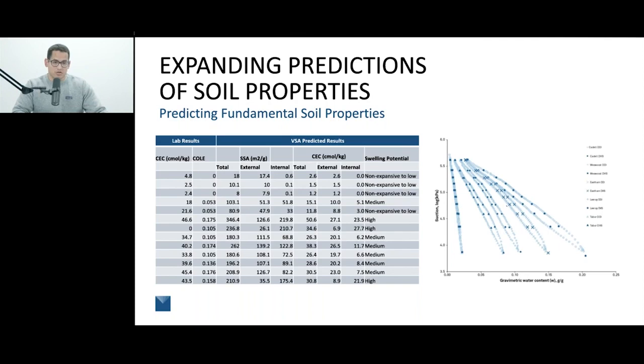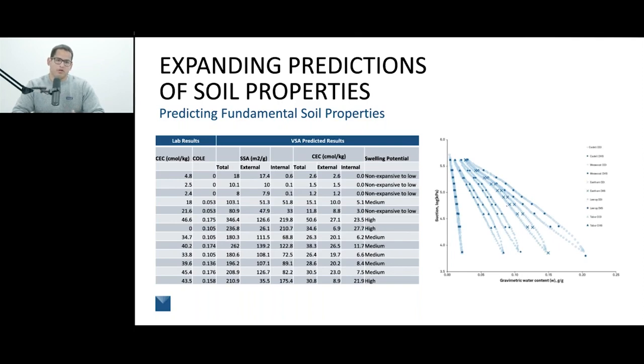We can also use them to predict soil specific surface area. Now, we didn't have lab data to compare with this, but you can see examples of what those predictions look like. And as you would imagine, for certain soils, especially more expansive soils, they're likely going to have a higher soil specific surface area. And that is the trend that we see with these results. And it also compared well with our coal estimates of how expansive the